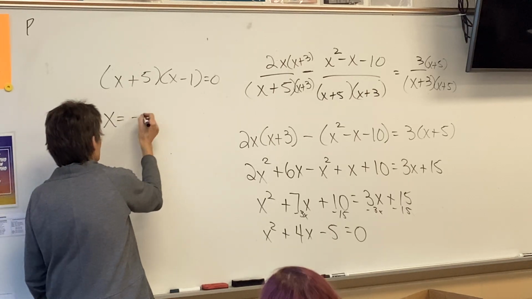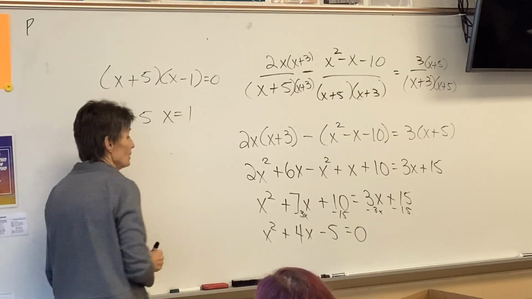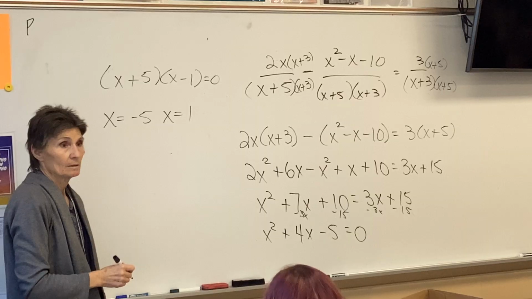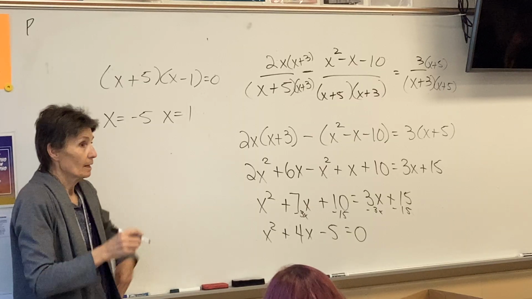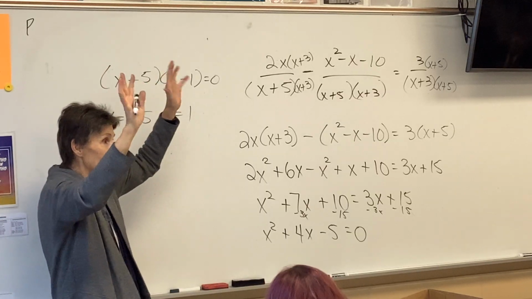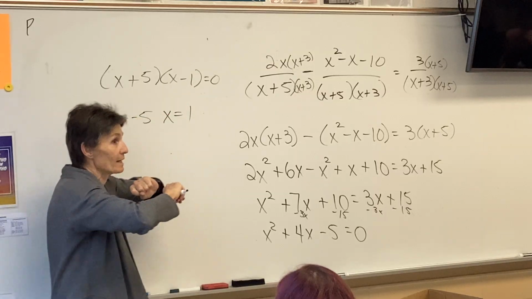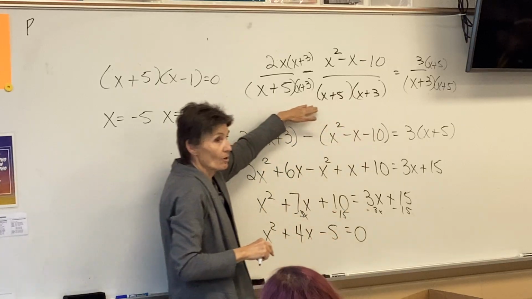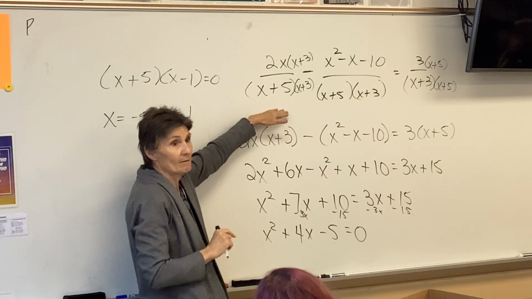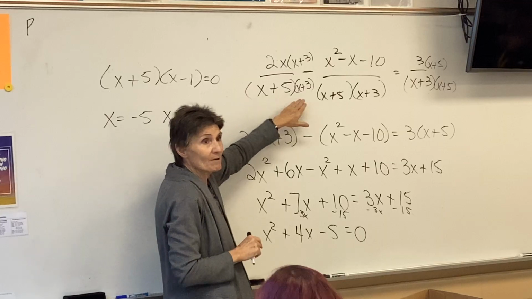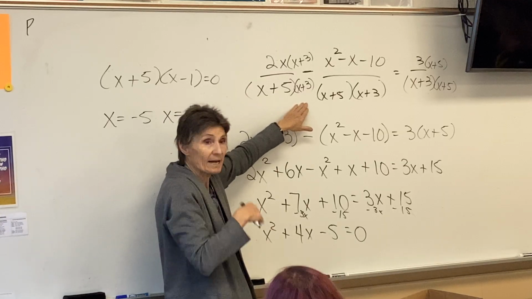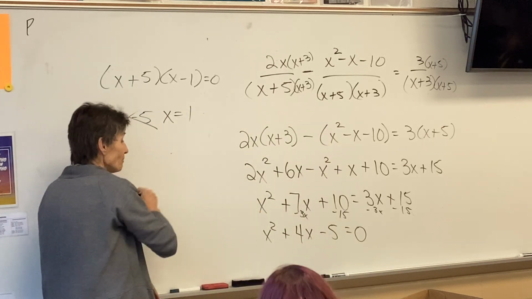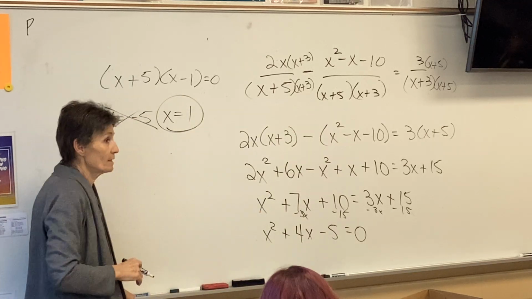X equals -5 going off in my head. X can't be negative 5. Look at your original problem, kids. There are two numbers that X cannot be. Can't be negative 5, can't be negative 3, because it can't have a 0 in the denominator. So therefore, this one gets crossed off, and the only answer is